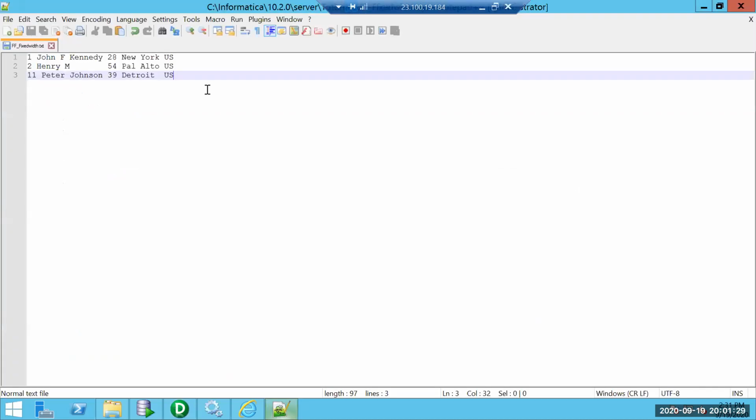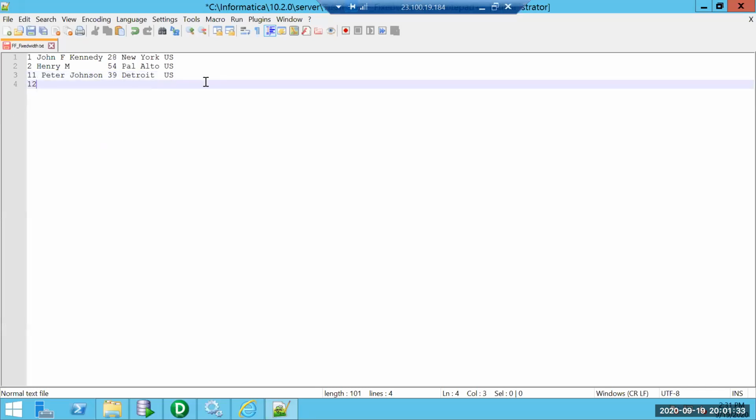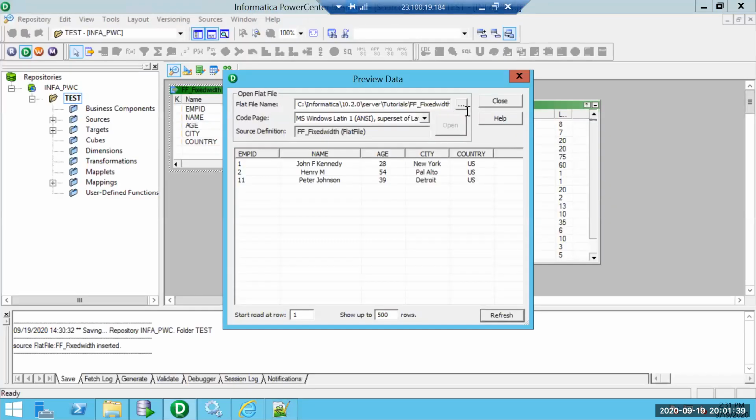What I'll do is try to add a column. I'll try to make some mistake. Let me save it and see what happens. Refresh. We see, because we designated only 2 characters, it will read 2 characters, and then after that it will spill to the next column. So in this case my definition is not correct. This is how we can recognize it.